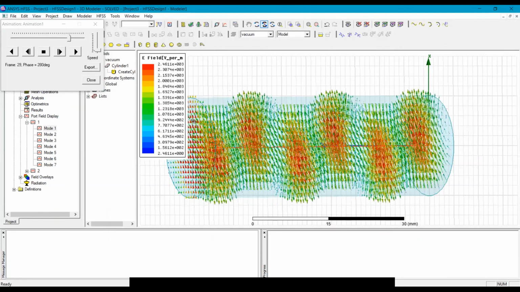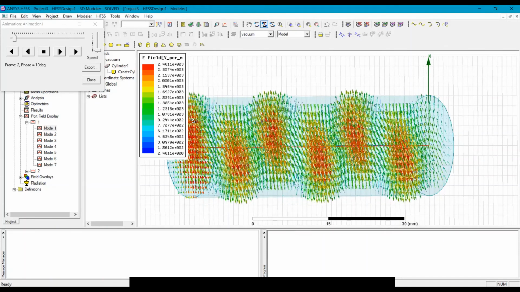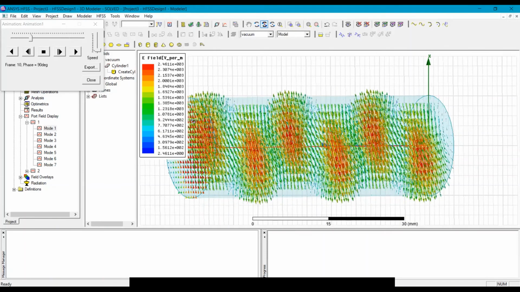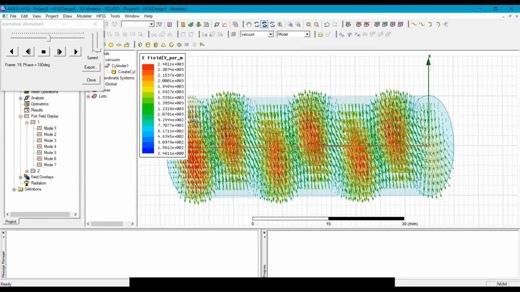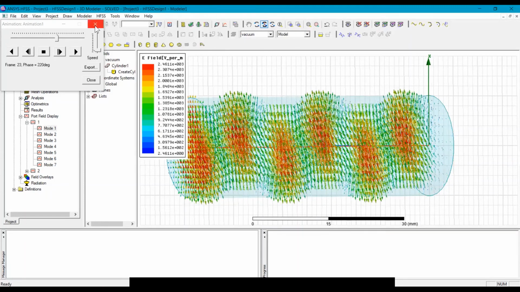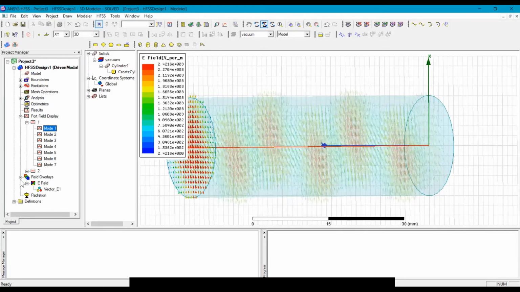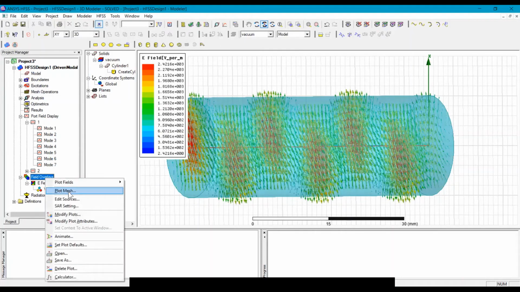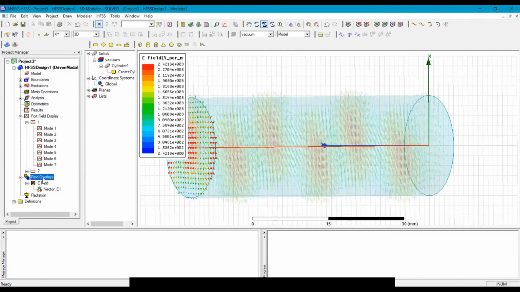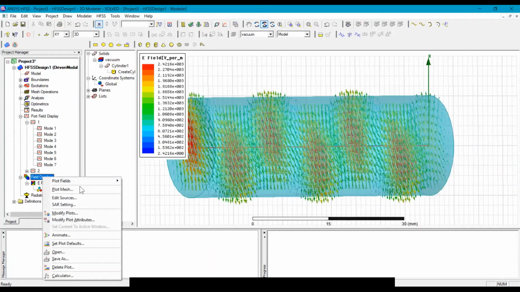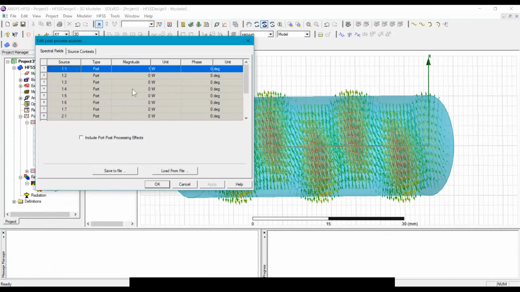Now we will try to see the different modes. So we will go in the field overlay, then edit source.